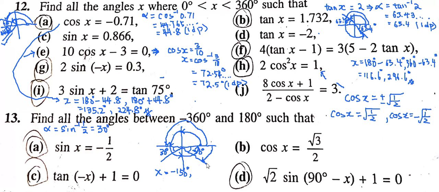So this is the angle. So this is actually minus 30 degrees. Okay? Now, we are done with all the negative, minus 360 until 0. Now we're going to do from 0 to 180. 0 to, since it is negative,